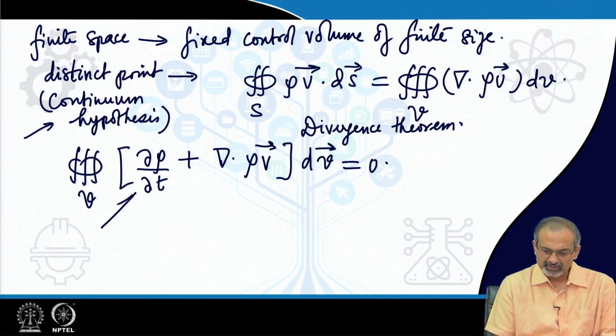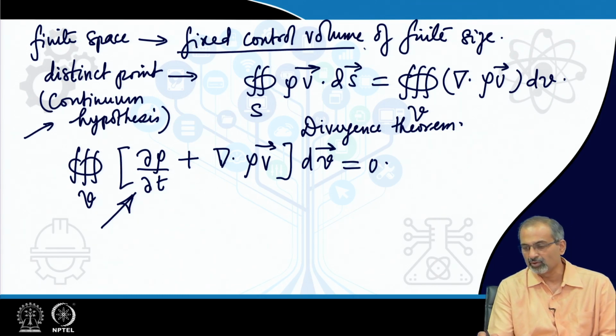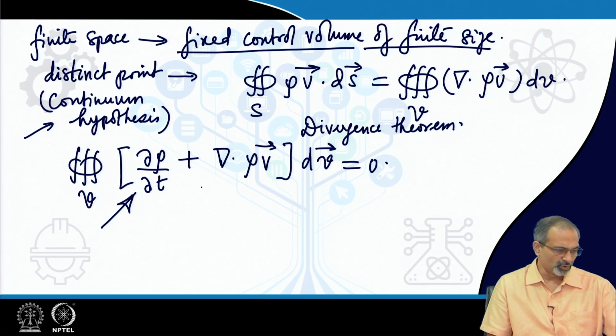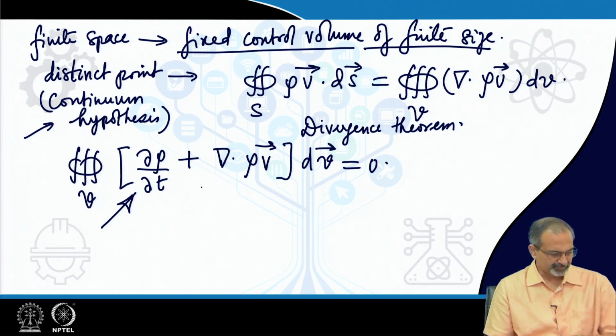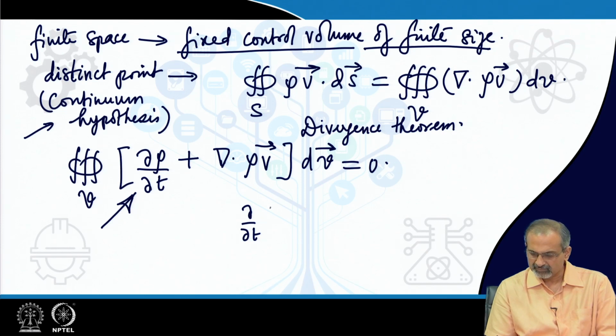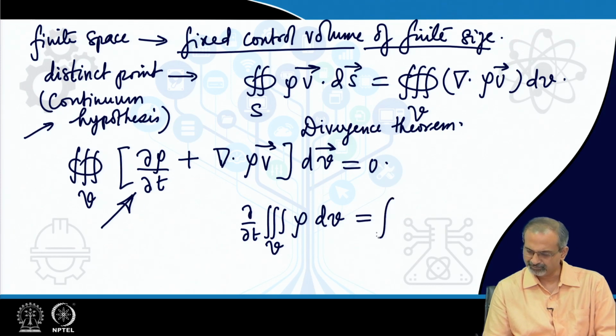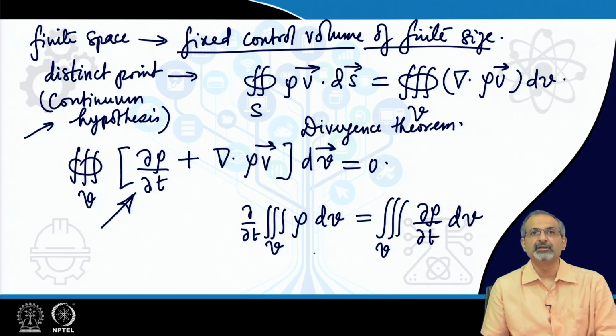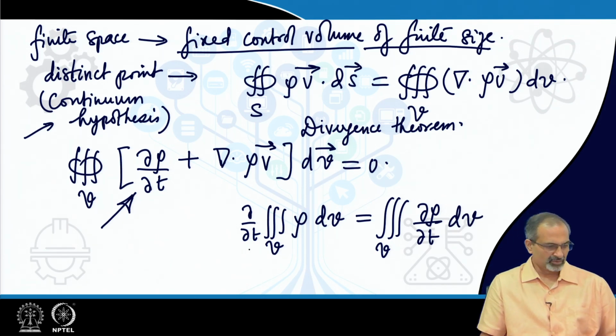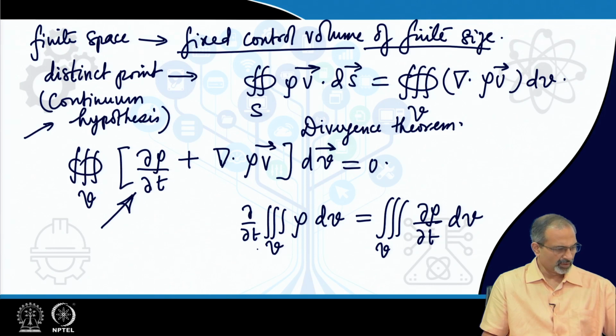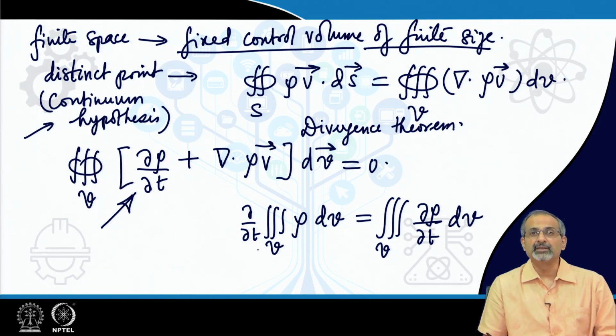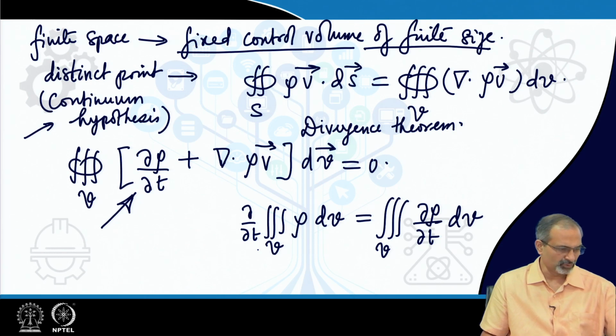How do we come to this term del rho del t? We remember that it is a fixed control volume of finite size, and therefore, you could write the volume integral, which we had earlier in the integral form, in this manner, because the limits of integration are not changing. This is a very, very important aspect, that for a fixed control volume, you could move a time derivative into the integral without affecting the value.